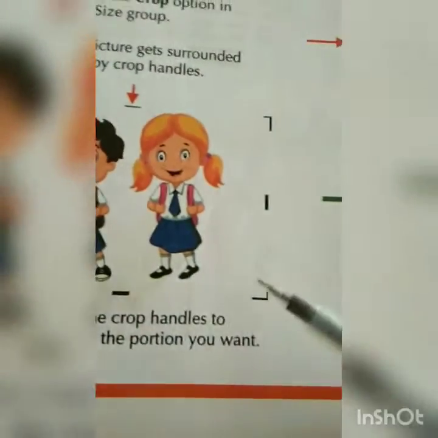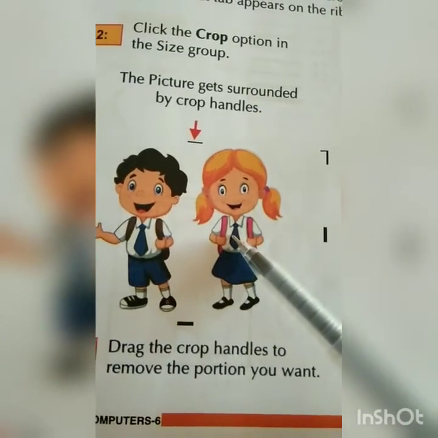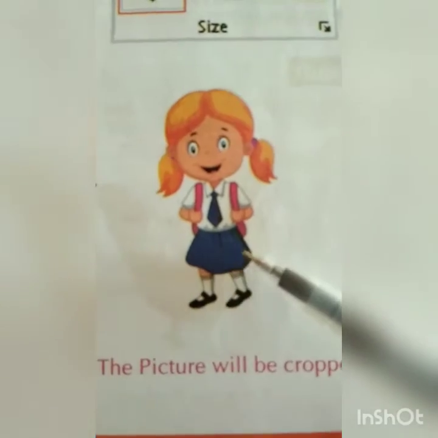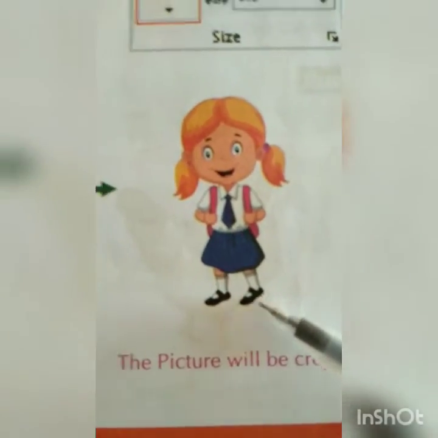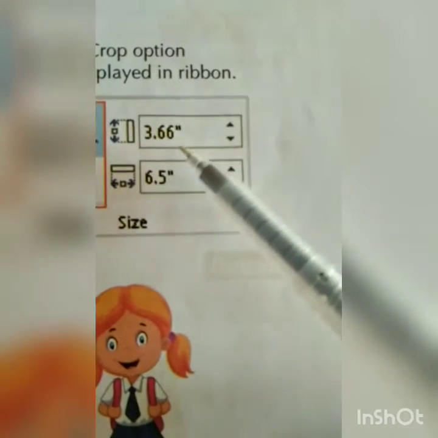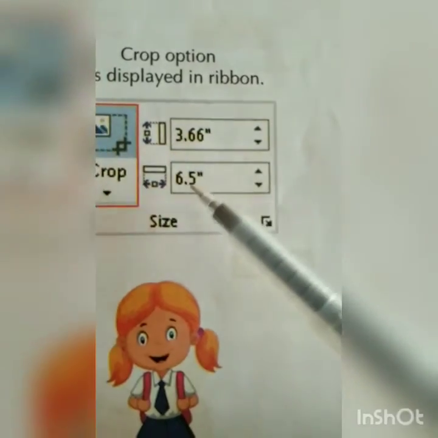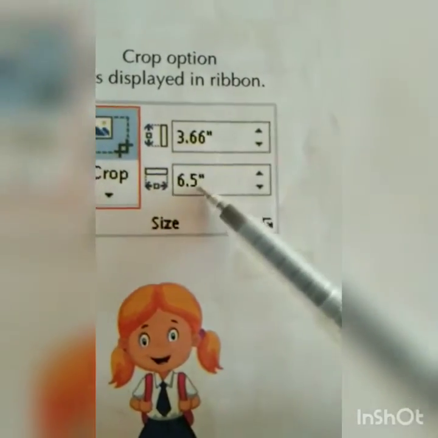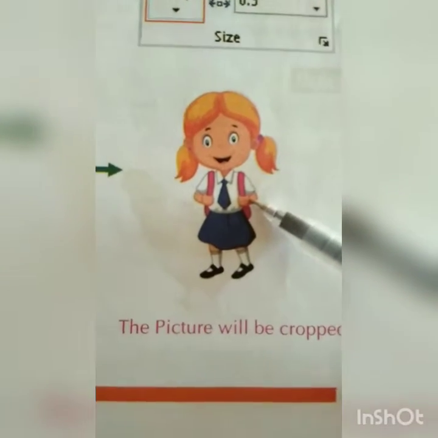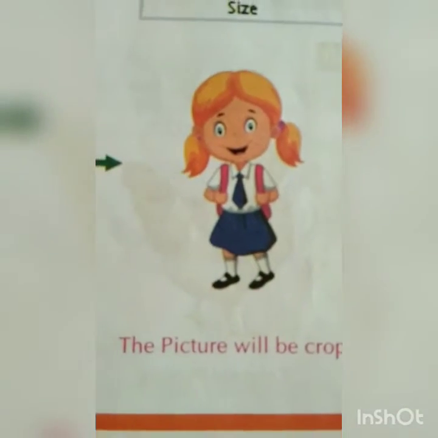You have selected from these two, I want a boy picture or a girl picture, that also you can see. So I have selected the girl, so only this picture will be seen for you. And here in crop also you can say it will decrease or increase the size, how much you are doing. By giving numbers over here, height and width, and by cropping also you can select the picture, and increase or decrease the size of the picture.